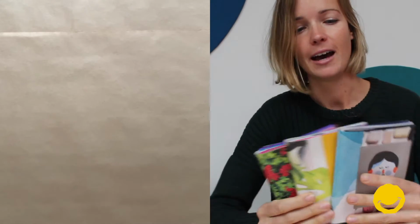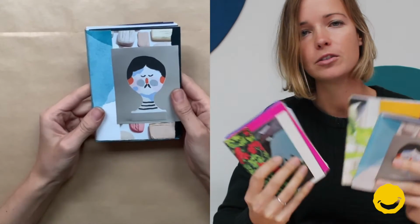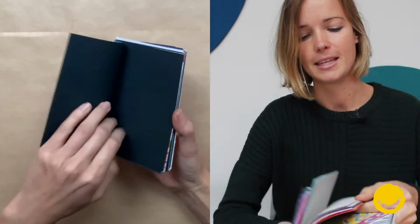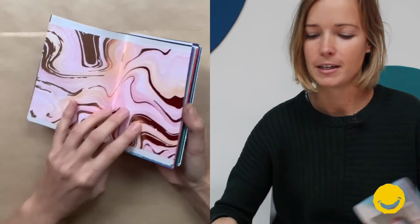Hello, my name's Caryn. I'm the Art Therapist at Challenge, and I'm so excited to be here today because I'm going to be showing you one of my favourite things to do in art making, which is making one of these beautiful little books. I call them my little creative art journals, and they're filled with scrap paper, with old magazine cuttings. Really special to me because it's a place where you don't have to be perfect, where you don't